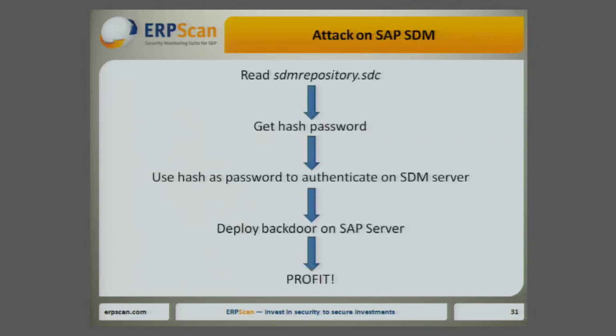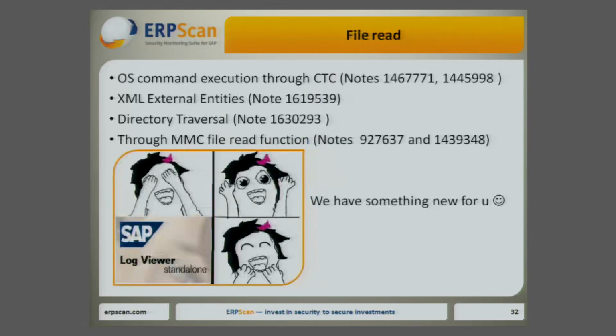Okay, now we know how we can attack SAP SDM. We just read the SDM repository.sdc file, get the password hash, use the hash as the password to authenticate on the SDM server, deploy our backdoor on the SAP server, profit. Cool. How can we read the SDM config file? We can use OS command execution through the CTC vulnerability, XML external entities, directory traversal, or file reading through MMC functions. All these attacks I described in my paper about hacking the SAP portal, but